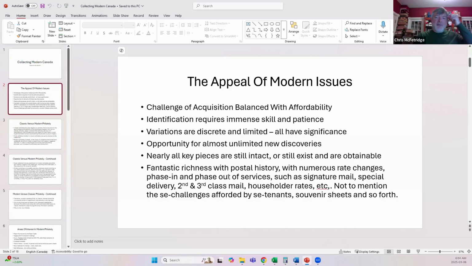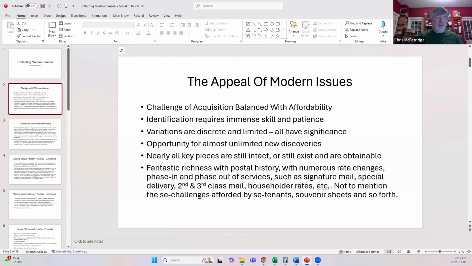With modern stamps, there's still a lot that has not been studied, and so you have the opportunity to make discoveries and find elusive paper types or tagging types or things of that nature and not pay anywhere near what